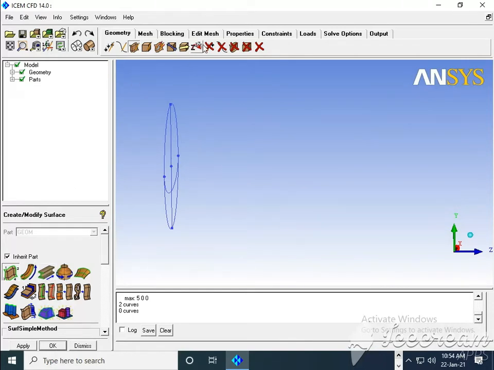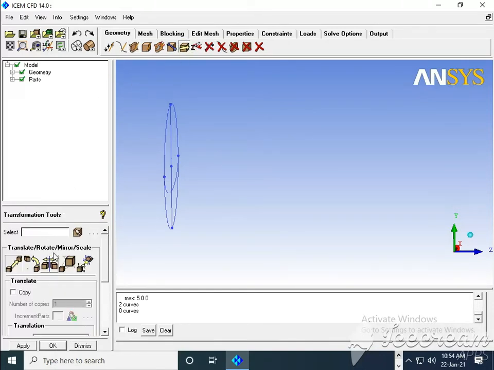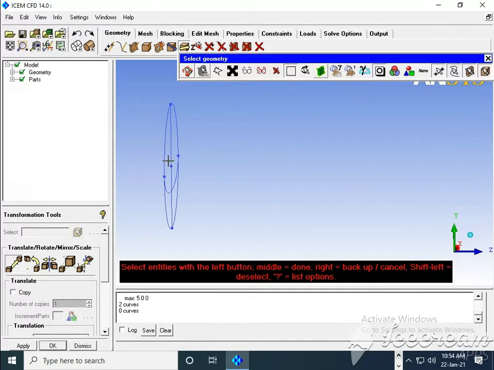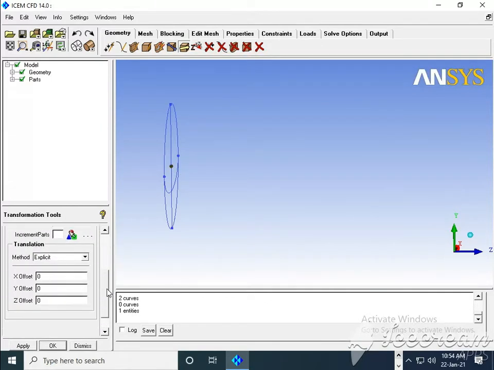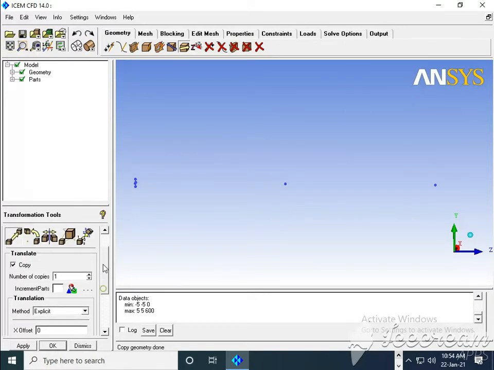So for that purpose I will transfer this point, center point, copy, add the distance from Z, that is 200, 400, 600. Say apply.